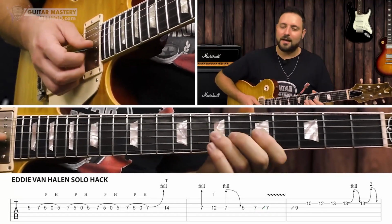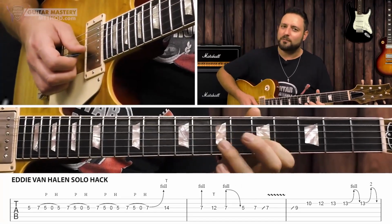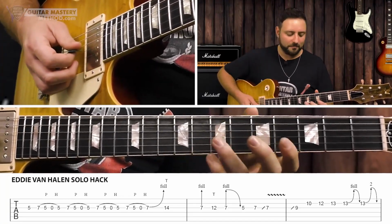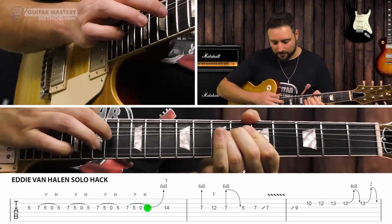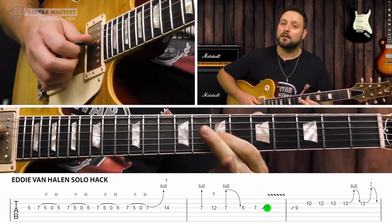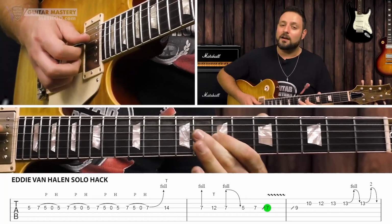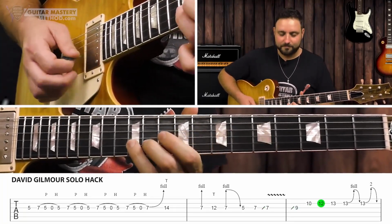Right? So in that particular portion where we do the tapping, starting from the rapid-fire hammer-on pull-offs thing, we're going to go, then, and then from here, we're going to go into the David Gilmour part,